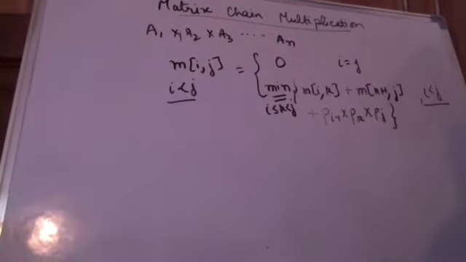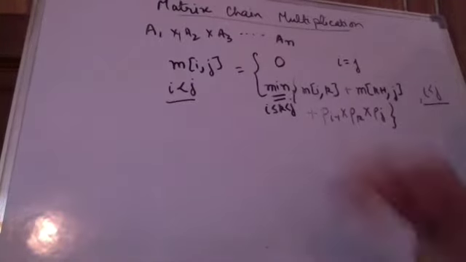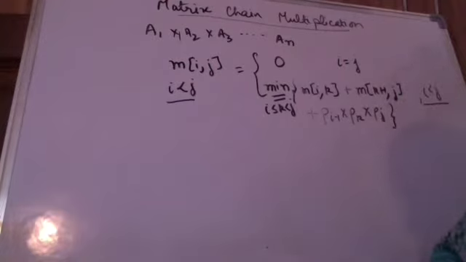So far we have only divided the problem, that is all we are doing. What we will do is store the intermediate M[i,k] and M[i,j] values. We will store them and reuse them in the dynamic programming approach. So far we have only broken the problem. Is the breaking clear? Ma'am, why is it i minus 1?